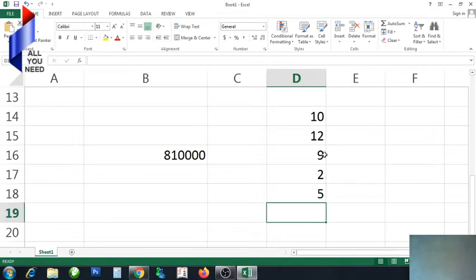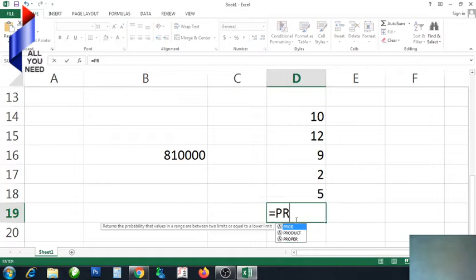What do you mean by product? First 10 into 12, whatever the output is, into 9, then again whatever the output is into 2, again whatever output is there into 5. Whatever it comes, it will show here. This is the work of the product. Each and every number multiplies with each other to give the result. So simply we'll write is equal to PRODUCT,